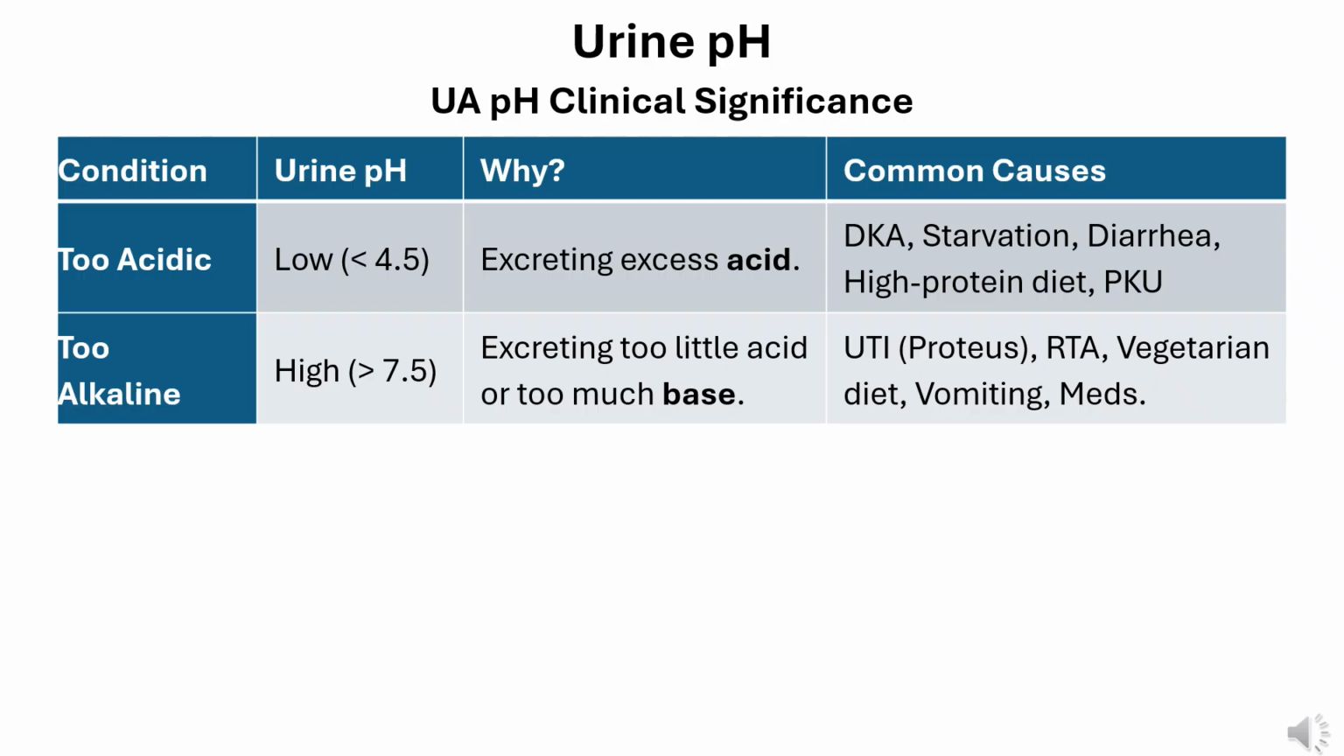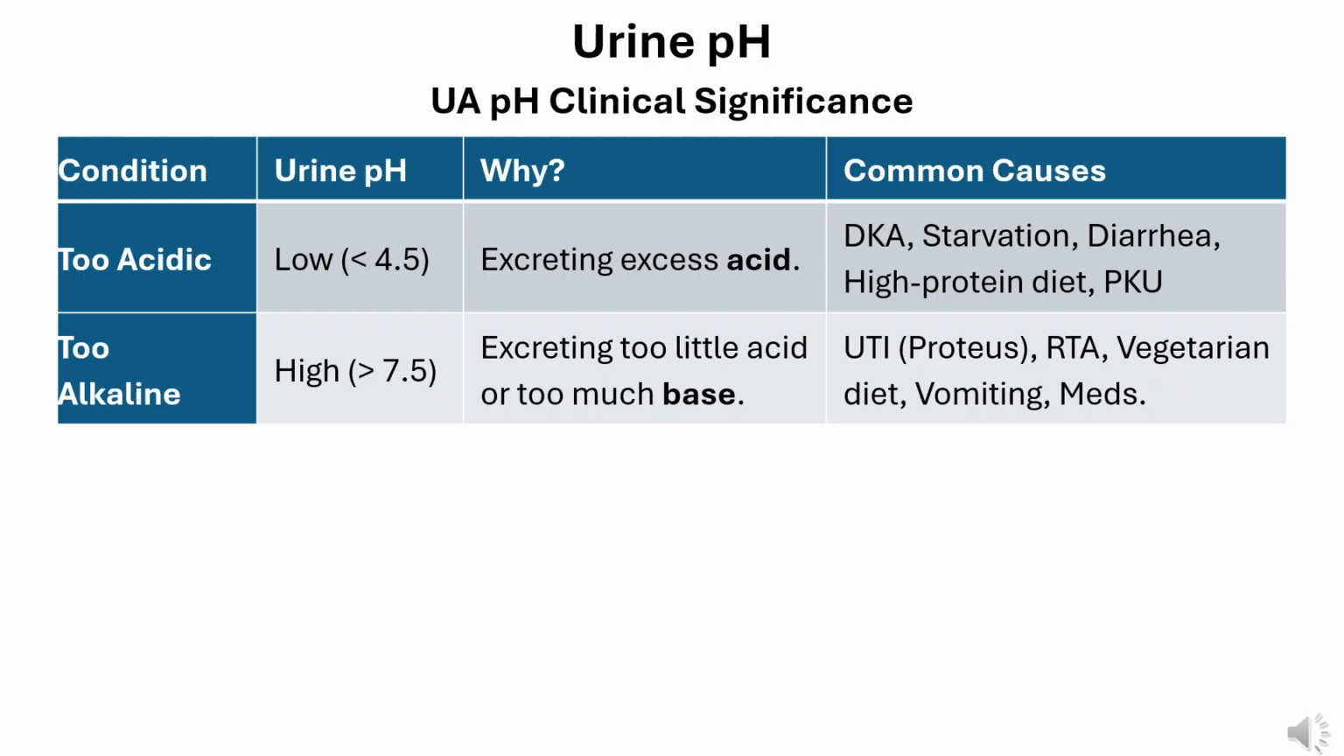2. Urine pH too high, alkaline, greater than 7.5. When urine pH is consistently high, it means the kidneys are excreting too little acid or retaining too much acid, or excreting too much base, often due to the blood being too alkaline. Common causes: metabolic/respiratory alkalosis. The body is too basic, so the kidneys conserve H, stop excreting acid, making urine less